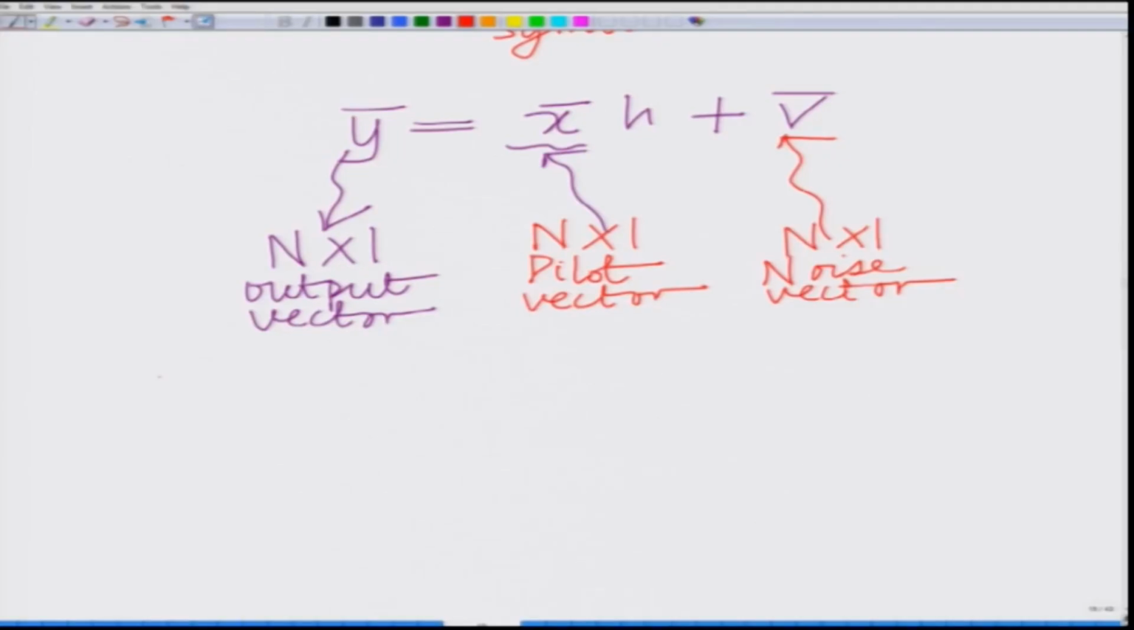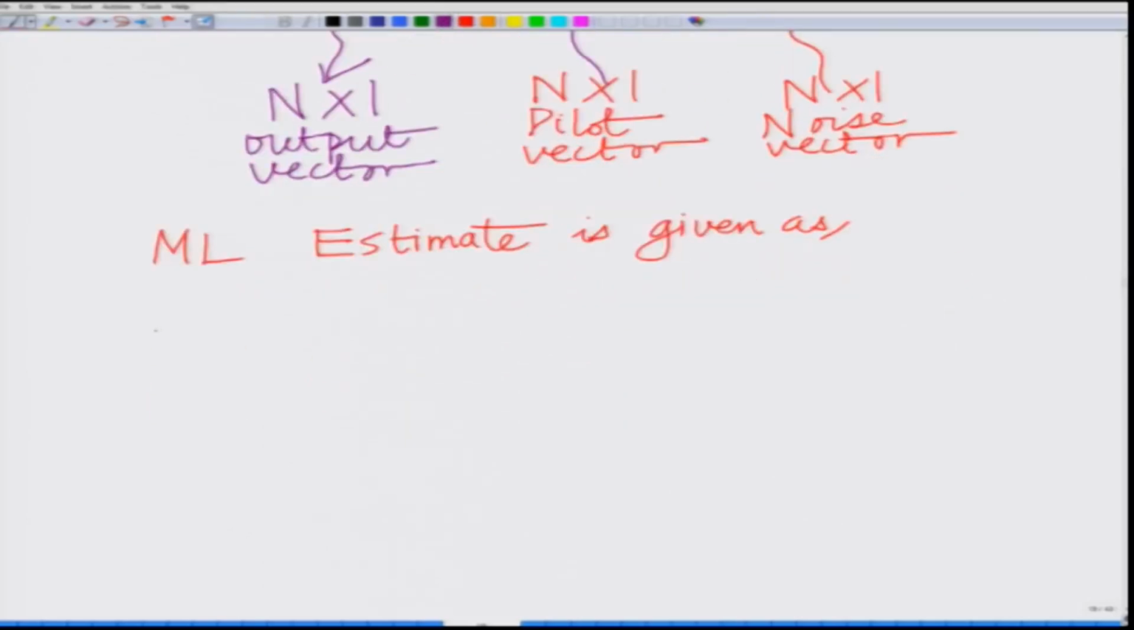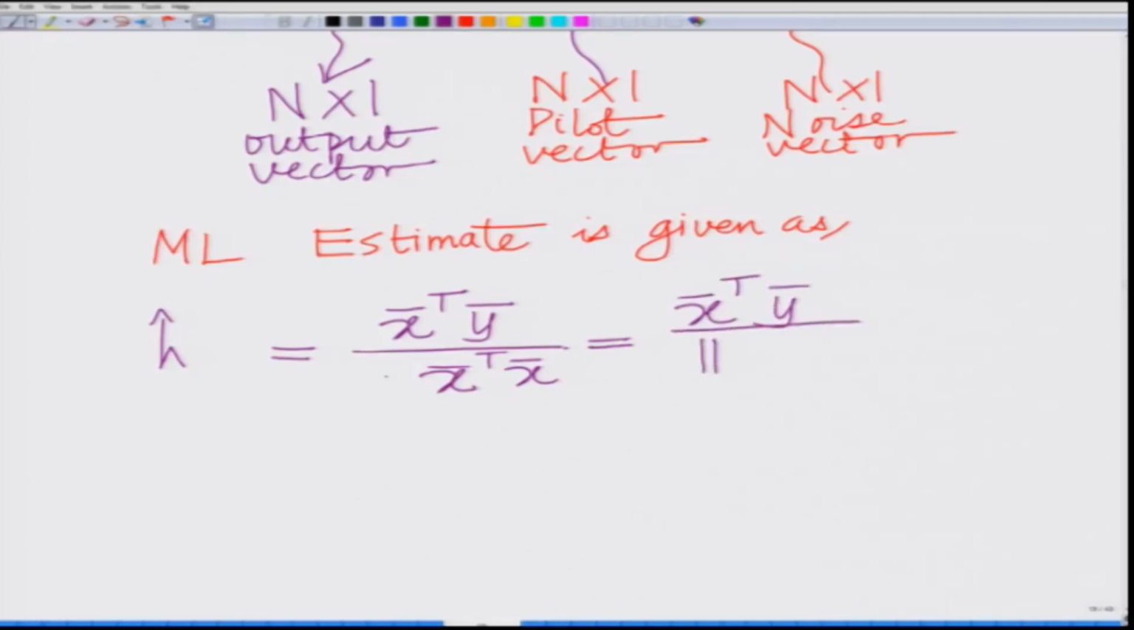Okay. And then we computed the maximum likelihood estimate, the estimate which maximizes the likelihood, which is h hat equals x bar transpose y bar divided by x bar transpose x bar, equal to x bar transpose y bar divided by norm x bar square, which I can write now in the form of the summation,